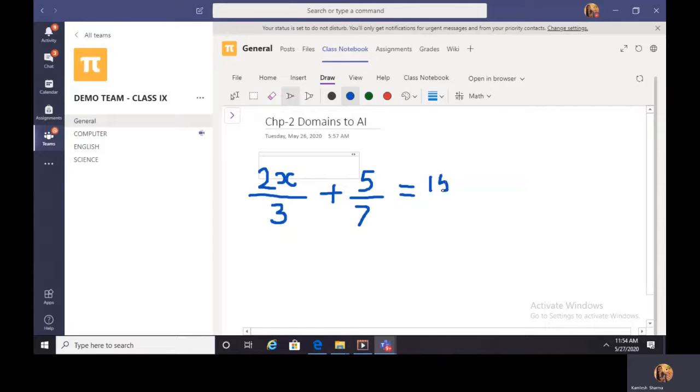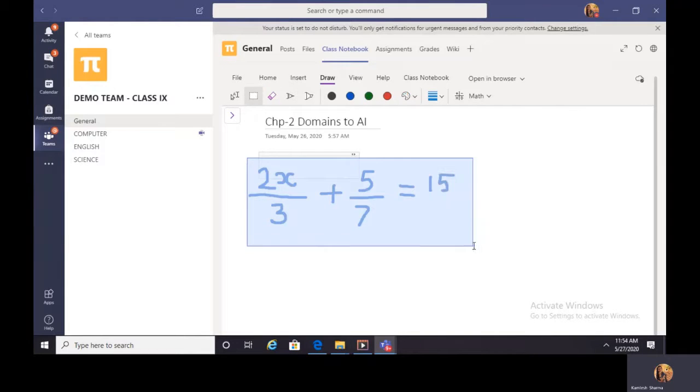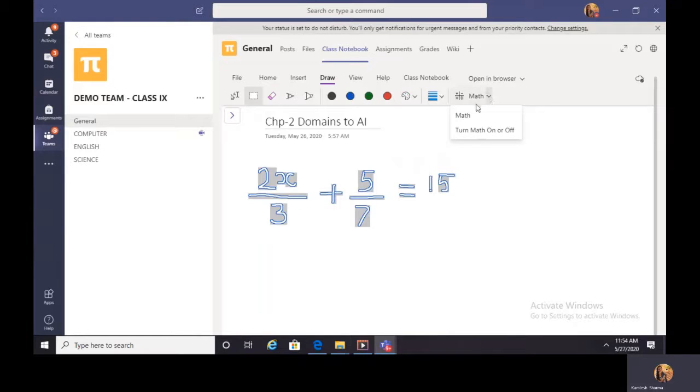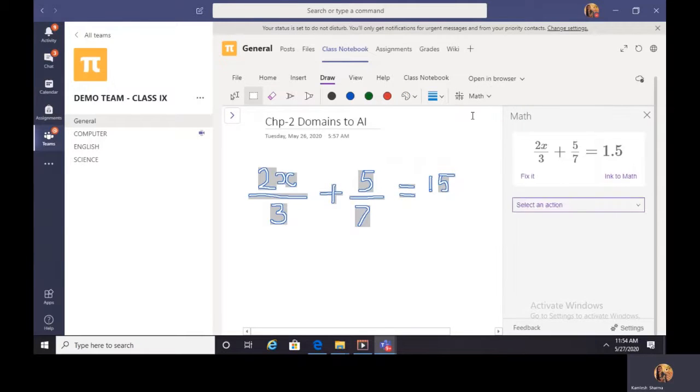So what I have to do is, after writing the equation, I have to select this using this marquee selection. Select your equation, go to the math feature and click on math. Once you click on math, you have to check whether the equation given by MS Teams is same as what you have written or not.